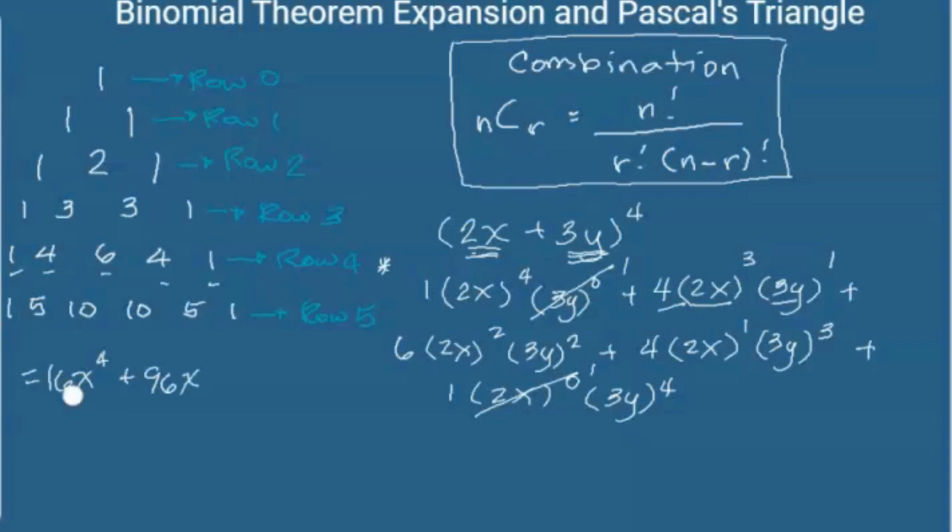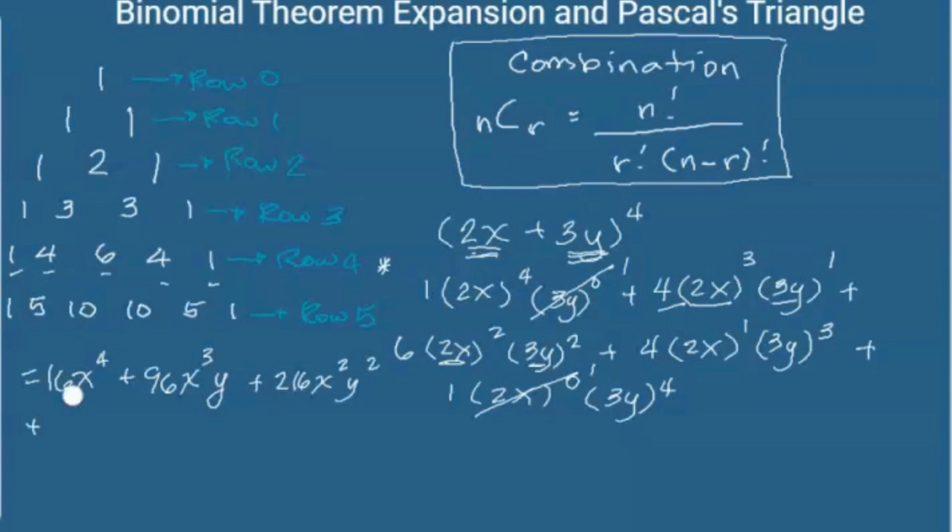Then we have x cubed y, plus 2 times 2 is 4, times 3 is 36. 36 times 6 is 216, x squared y squared,